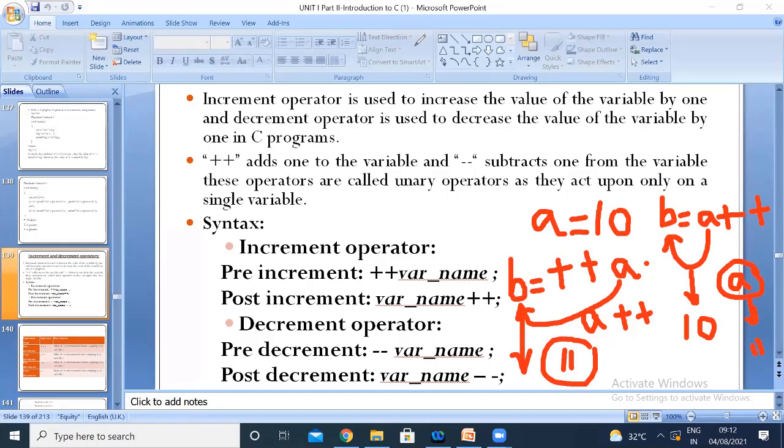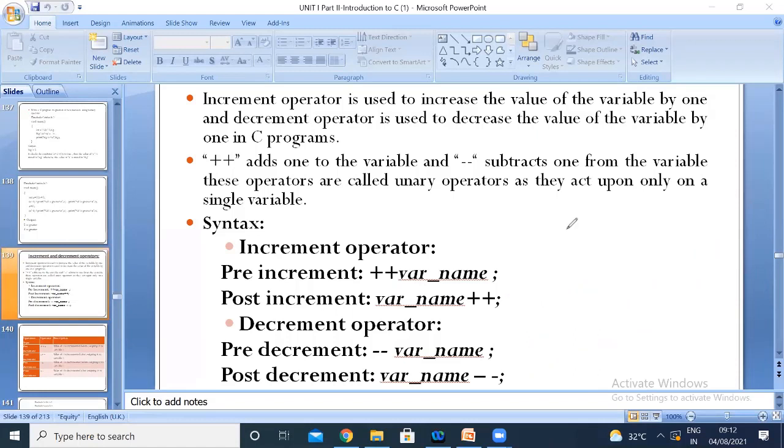Yes, ma'am. Okay, now let us see pre-decrement and post-decrement. This is one of the most important operators where you get more confusion. Did everyone understand or not? Understood, ma'am. Now let us take pre-decrement and post-decrement. I take A is equal to 10, and I write B is equal to --A.